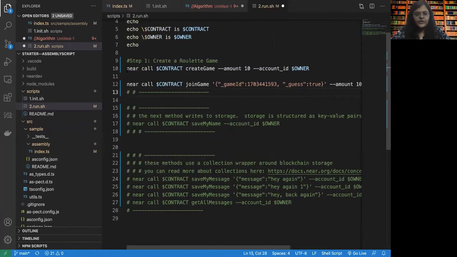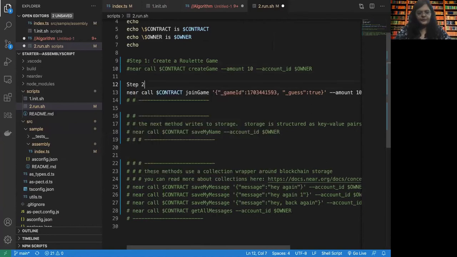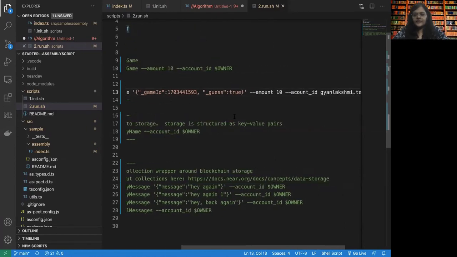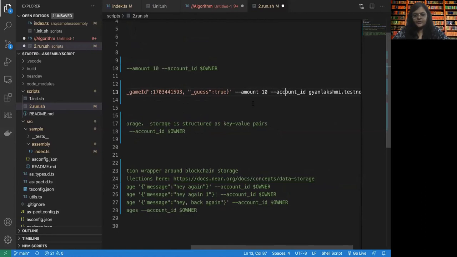Now let us call this step 2, call the join game. Now let us run this. Oops, sorry, there's a typo here.